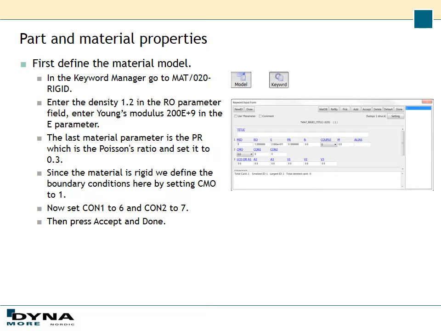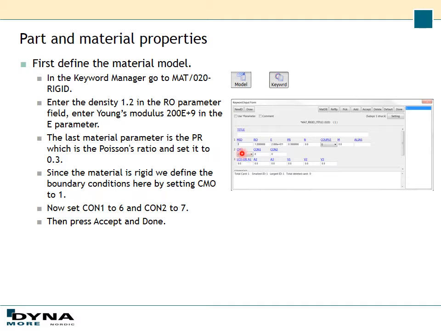And the first keyword that we're going to define is the material keyword. So click on model and then keyword and go to map and locate the 020 rigid material. And enter a density of 1.2 and Young's modulus of 200 times 10 to the power of 9. And Poisson's ratio of 0.3,